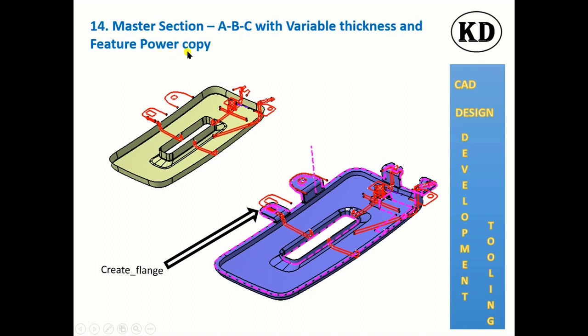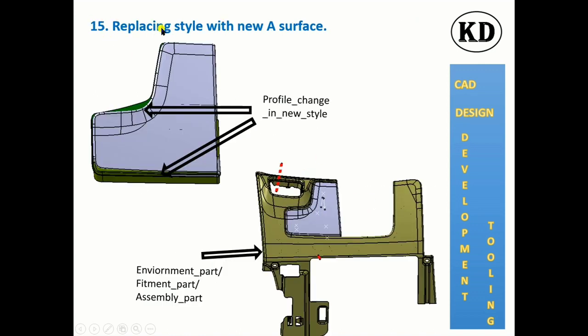And next one is to make a closed volume with variable master sections. Also create the flanges or power copy of the features or whatever task is given in the CAD test. How will we solve that task? So you have to know the software very well and you have to have hands-on experience and speed on the software. So you will give solutions within the time given.